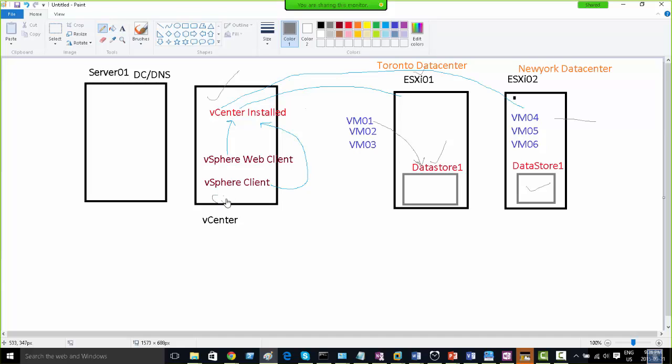Wow, I can write here like this. Wow, it's painful, but anyway. So in the C drive, I put the ISO. Then I'm going to upload it through vCenter to the data store 1 of the ESXi 2. So this is what's going on, right? So it's in the C drive, and through vCenter it's going to go to the data store 1 of ESXi 2, and from here my